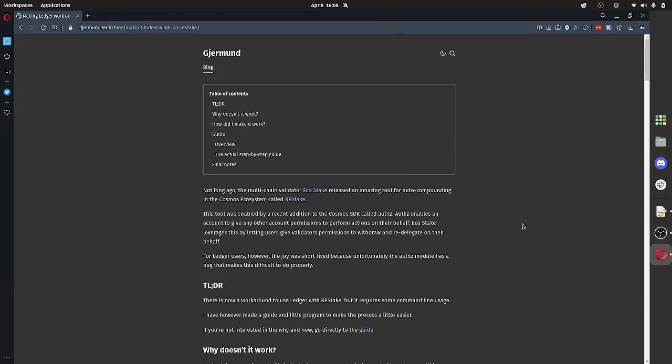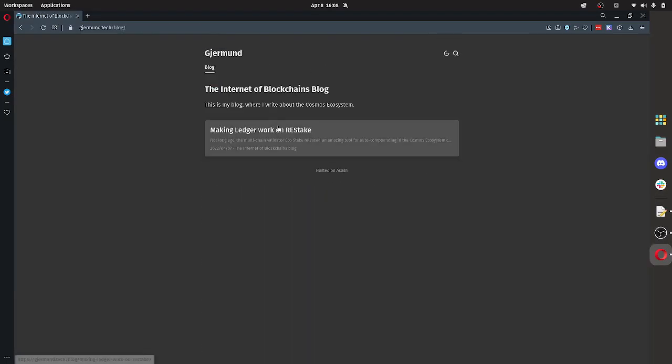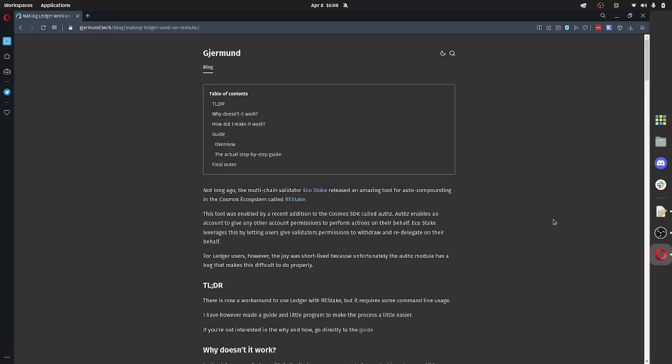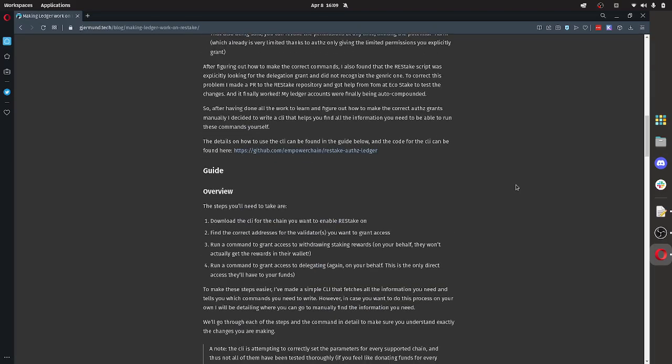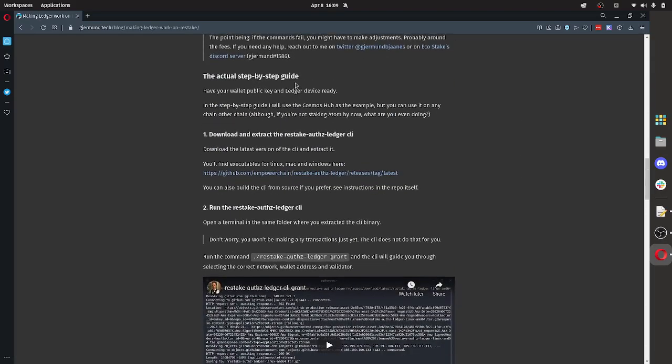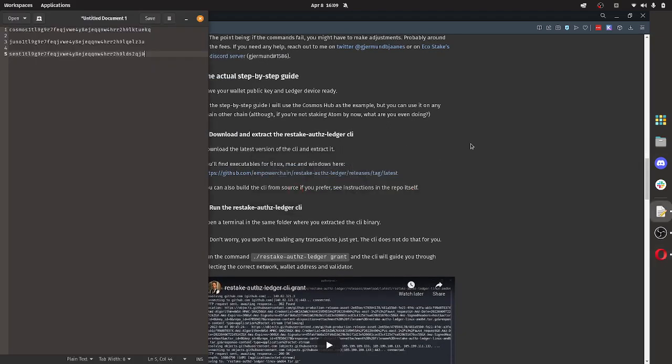I'm just going to go through my blog post here about making ledger work with REStake. I'm not going to go through why and all of that. Just simply demonstrate the step-by-step guide essentially on 3 different networks. So I'm going to show for Cosmos Hub, Juno, and Sentinel